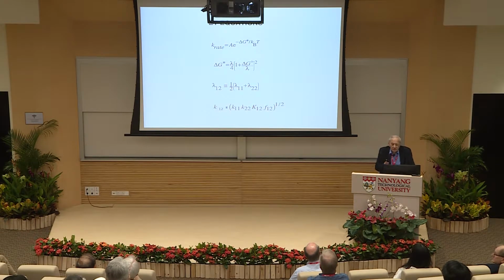But now we come to the key point, the point which will carry over to other kinds of problems. It's one thing to derive an expression, and here you are. And then I was able to show that if you consider a cross reaction, I'll call it 1, 2, you could relate the reorganization, that lambda, to those of the individual isotopic exchange reaction this way, and that produced this relationship of rate constants. In other words, if you take two reactants, and in one case study the isotopic exchange of it in its oxidant form, and in the other case study the isotopic exchange of it in its reductant form,